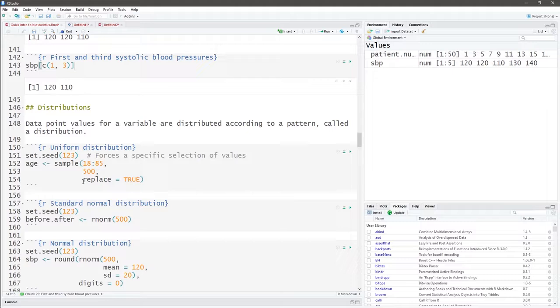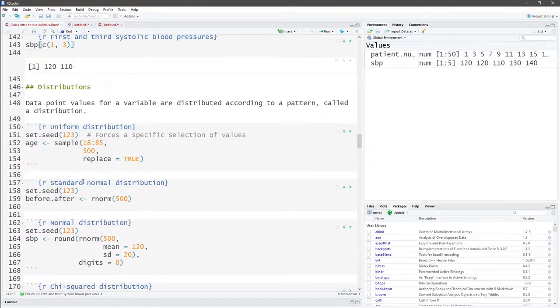So let's generate some data, and we're going to do that using different distributions. First of all, let's just look at the uniform distribution. Remember, that is when I have a numerical data set or a categorical data set, and every data point value in the sample space of that variable has an equal likelihood or probability of being chosen. So the first thing I want to show you here inside of this code chunk is this set.seed